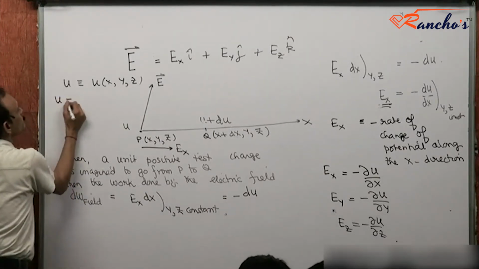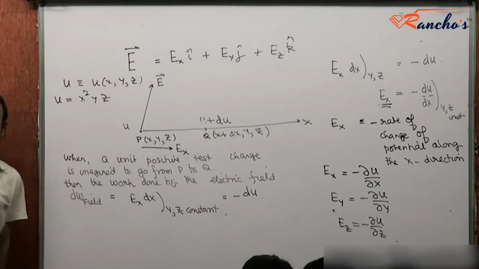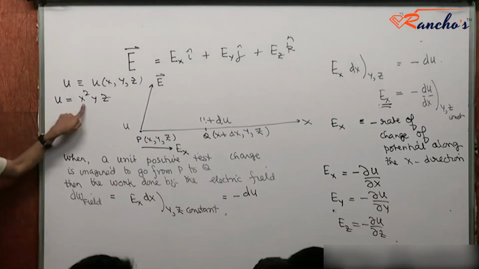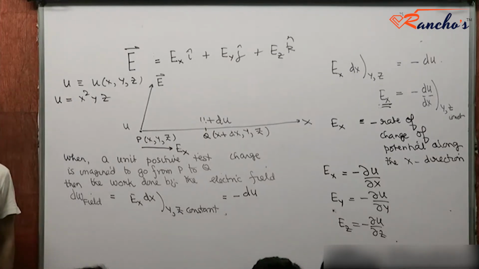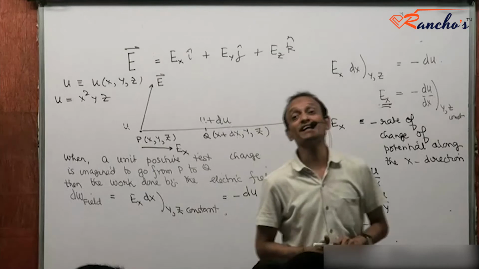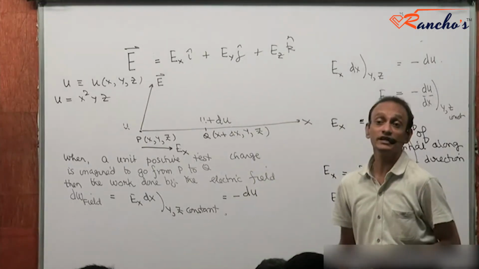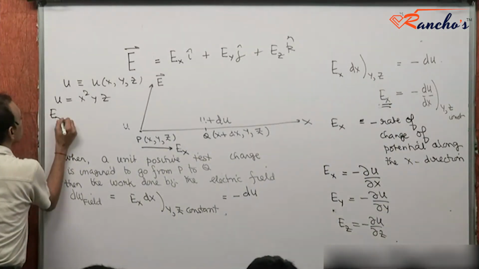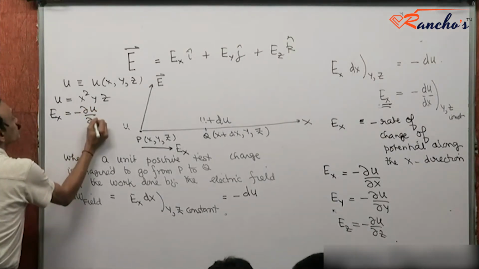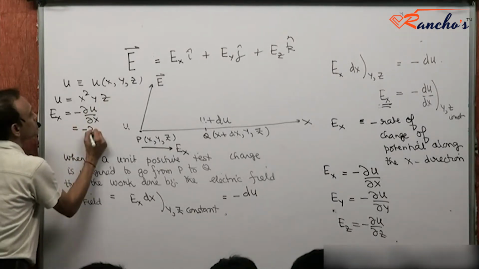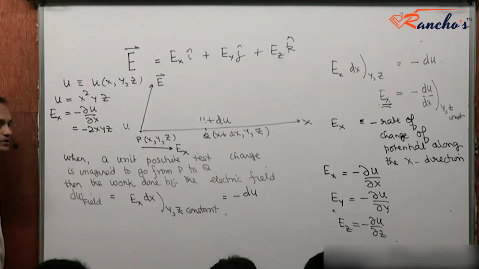Say for example, u is x square yz. Suppose somebody told you this is the scalar description of an electric field. The potential at different points x, y, z is given by this. Somehow you have obtained that. And they say, given this potential description, given this scalar description of that region, find the electric field at any x, y, z. So what would you do? Electric field in the x direction, you will say minus dou u dou x, means differentiate this with respect to x, keeping y, z constant. So what would that be? Minus 2xyz. That's the x component of the electric field.